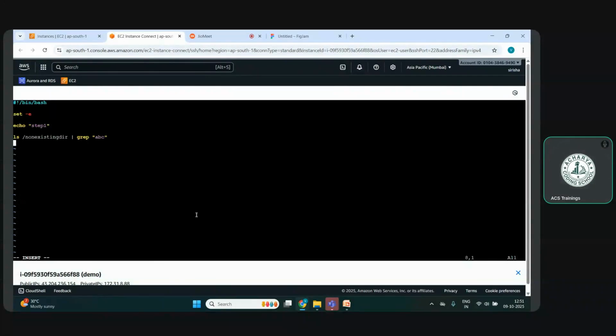Grep is used for filtering. From the list of the non-existing directory, we need to filter ABC. Then echo step 2. So here, once we executed this script,